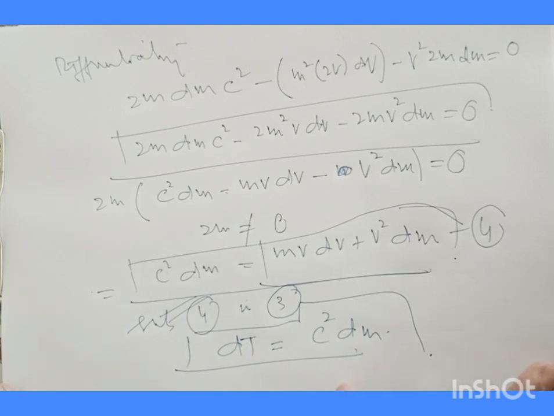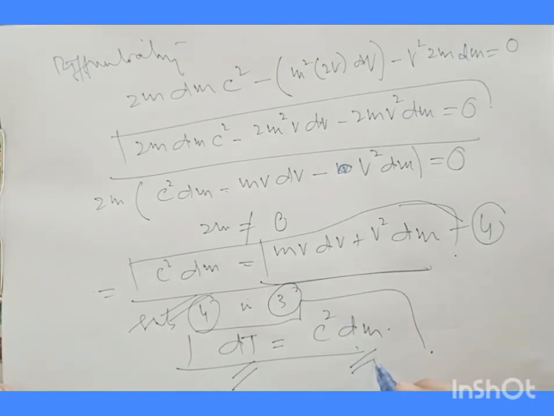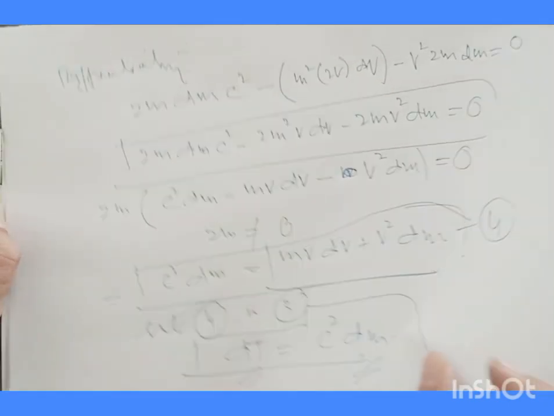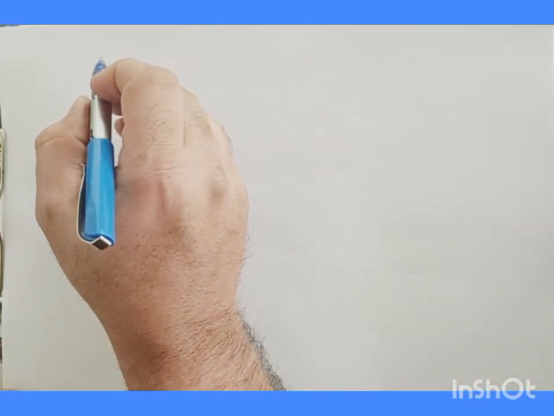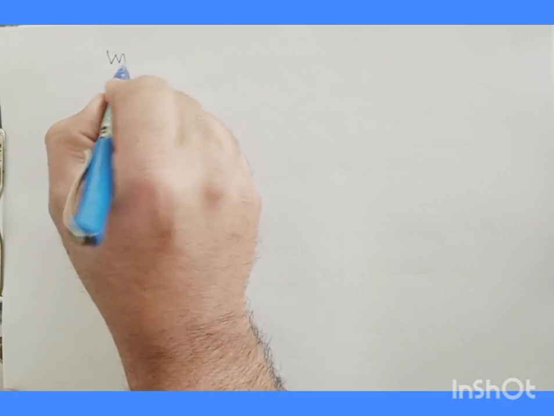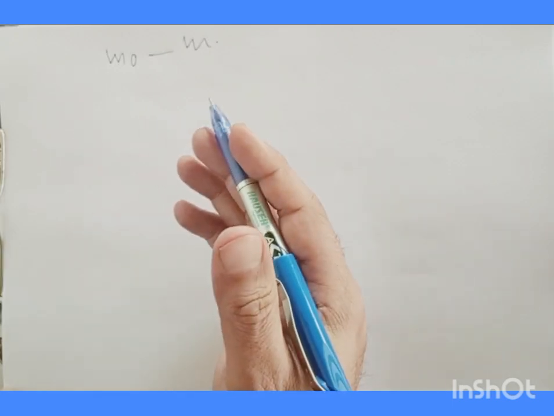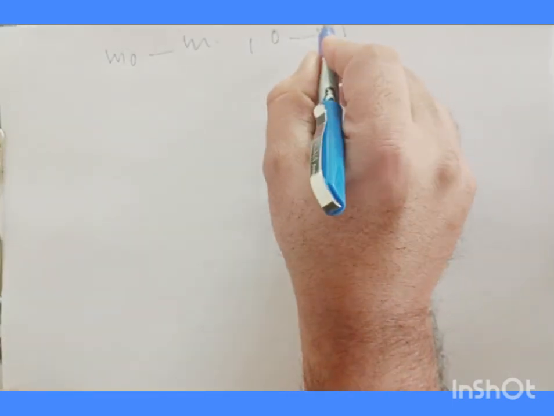All right. So this equation that we have obtained suggests that with the increase in kinetic energy, there is also an increase in the mass of the particle. Now, if I assume that the mass of the body increases, since there is a variation dependence, from m0 to m, as the kinetic energy increases from 0 to T,